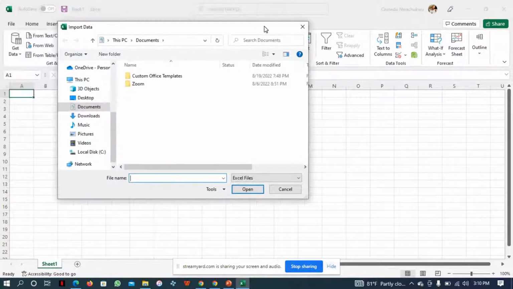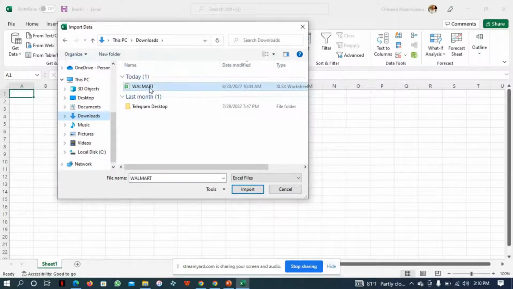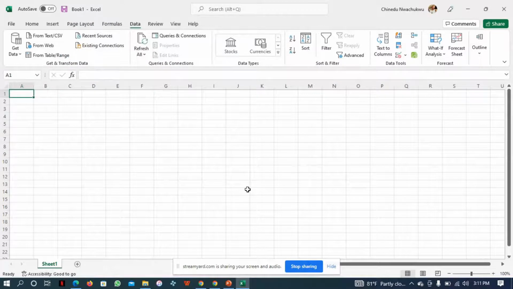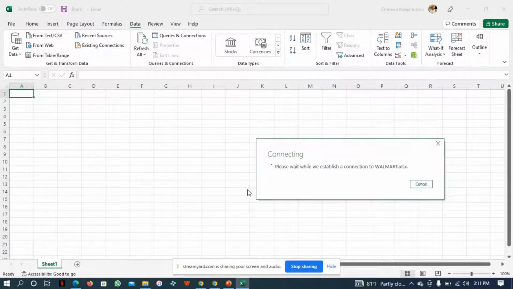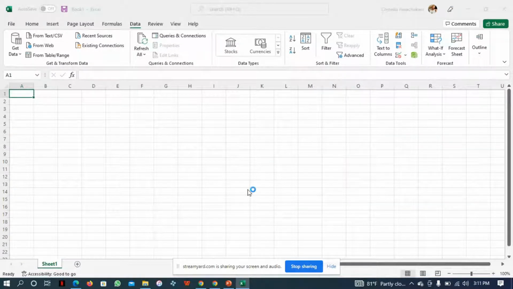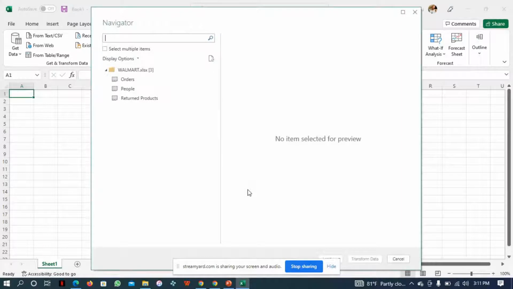All right. So we are here. Let me go to download. Good. This is the data. It is called Walmart. So I'm importing this data, bringing it. I'm trying to connect to this data using the Power Query. Okay. So now